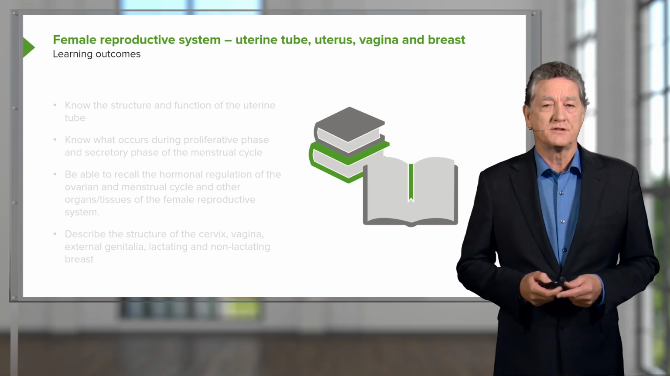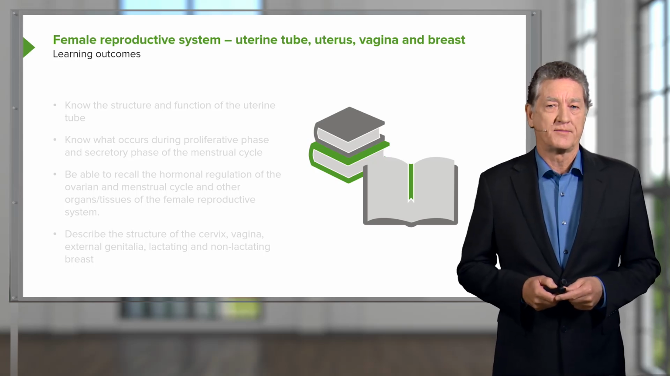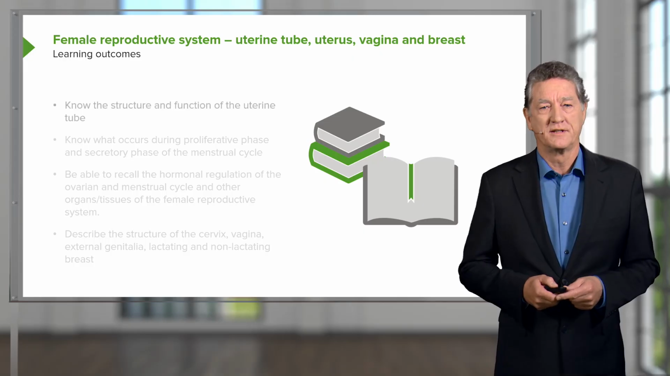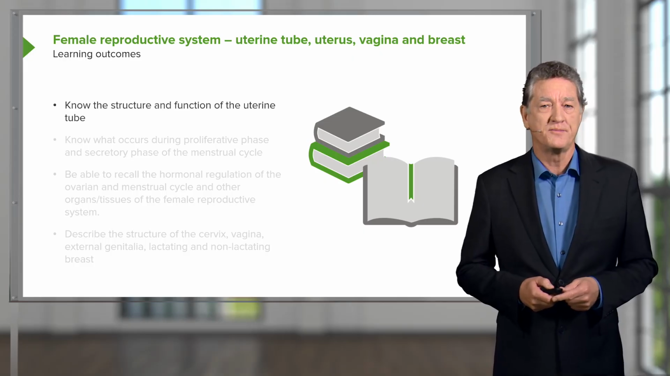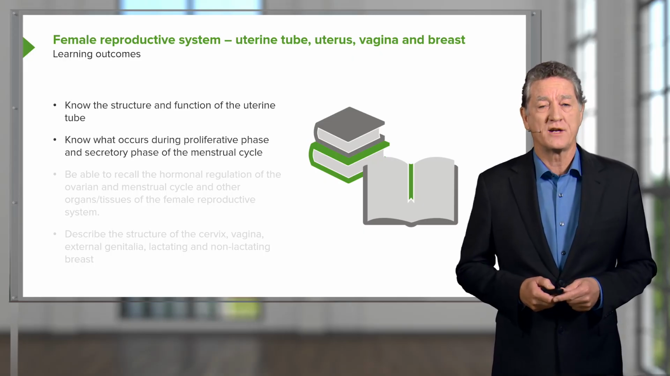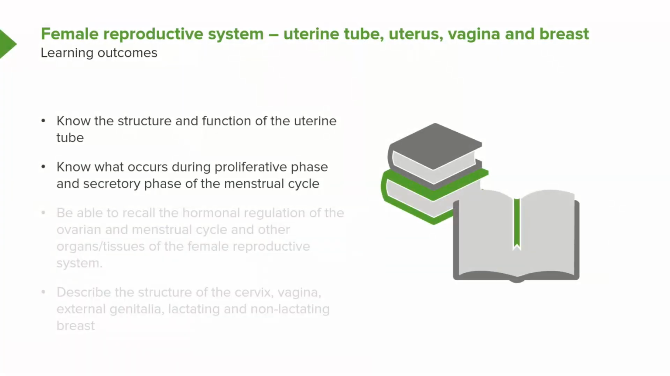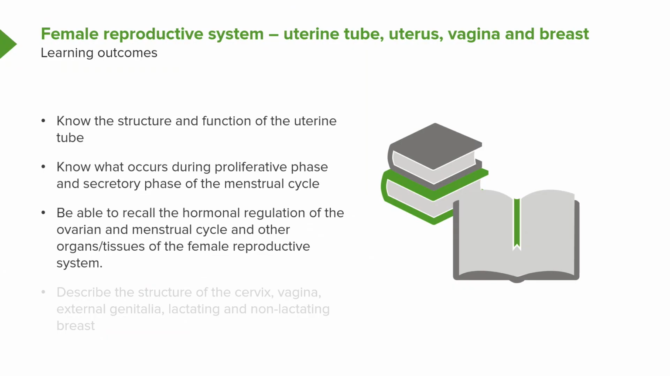When I describe all these features, I'd like you to understand firstly the structure and function of the uterine tube. I'd like you to understand all the phases of the menstrual cycle and the changes that occur in the uterus during the menstrual cycle. And I want you to recall that both the ovarian cycle and the menstrual cycle are regulated by hormones secreted by various tissues, both within the female reproductive system, the ovary and the uterus, and also